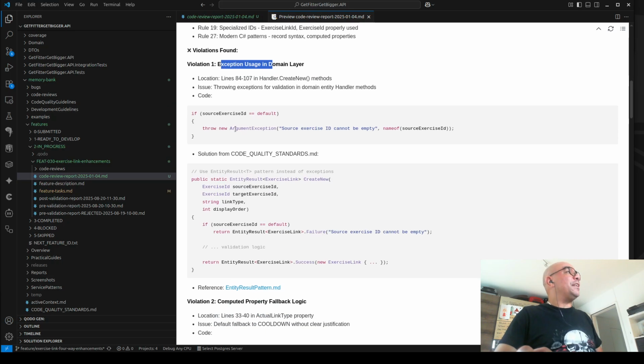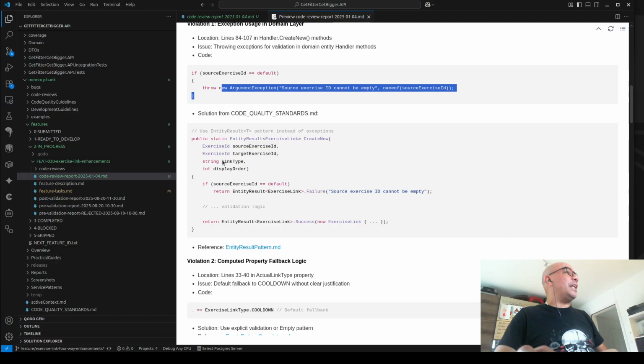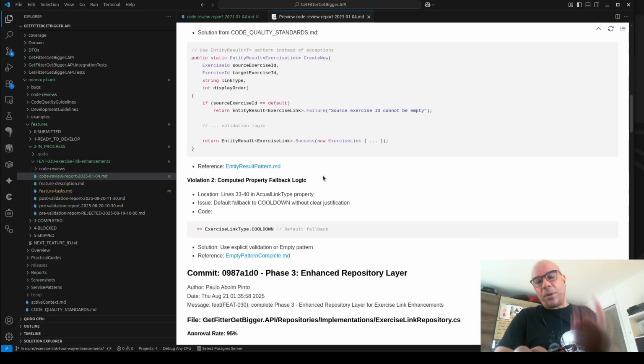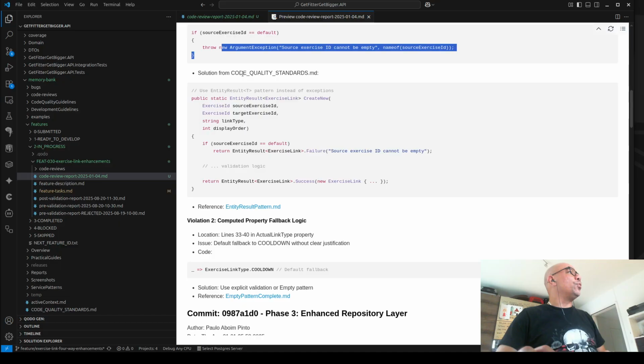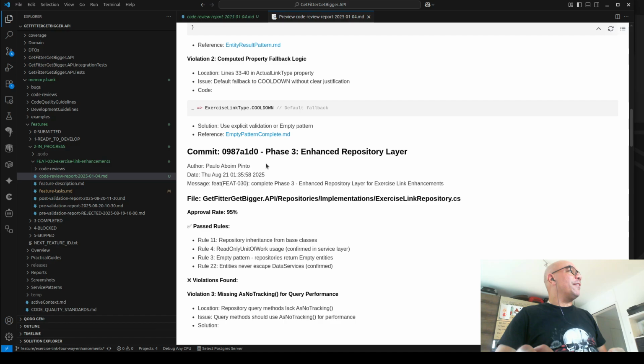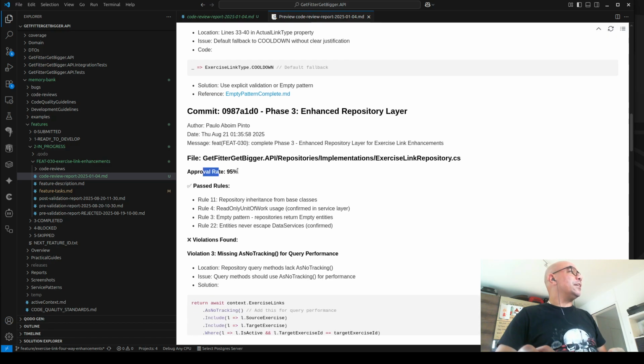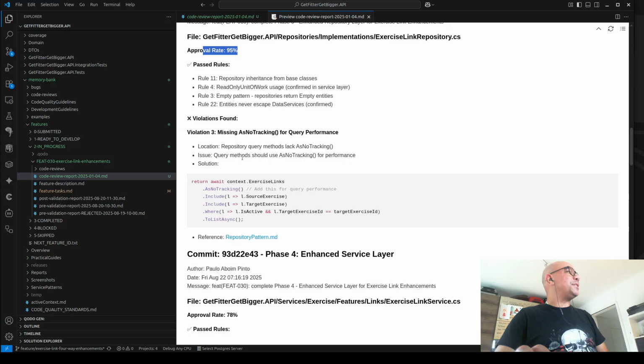And we have here an example that throws an exception, and it says how we should handle it according to the code standards. It even says solution from the code quality standards. This is the proper solution. We're going to have it in these other commits, where the approval rate is around 99% because there's some missing tracking. And this is